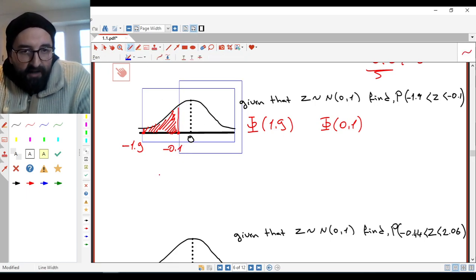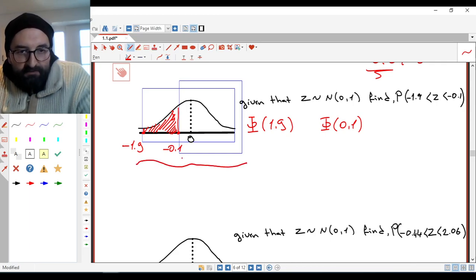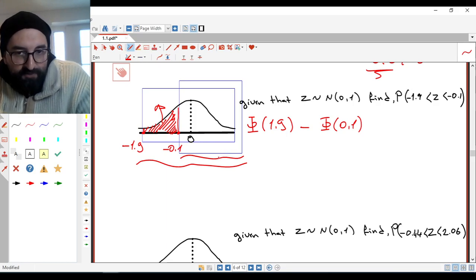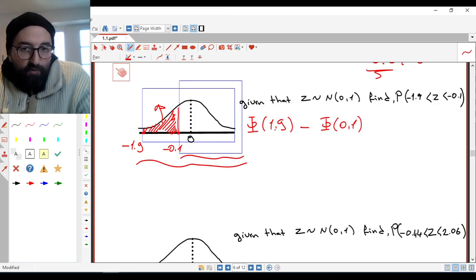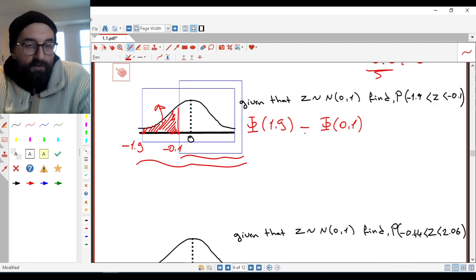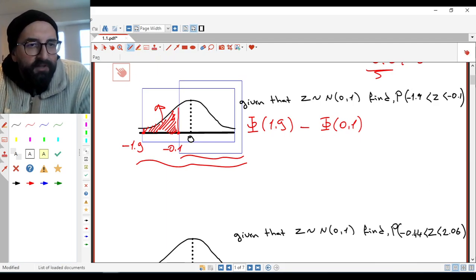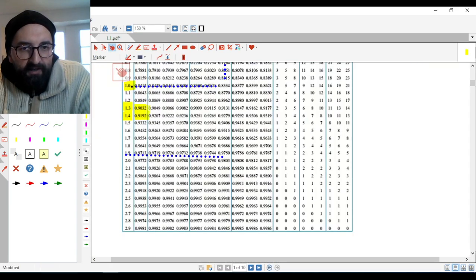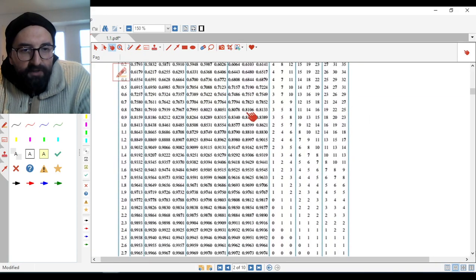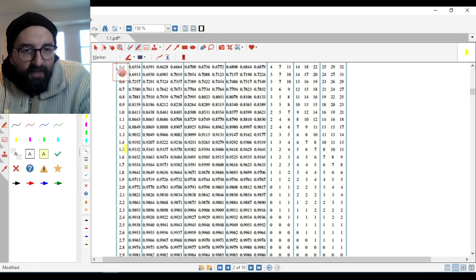And if I make subtraction from this part to this part, I can find this area. So I have to make subtraction. I have to subtract from 1.9 to 0.1. 1.9 here, I want to use a different table. 1.9 means 1.90,